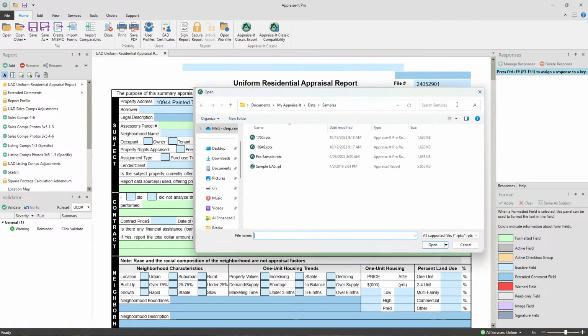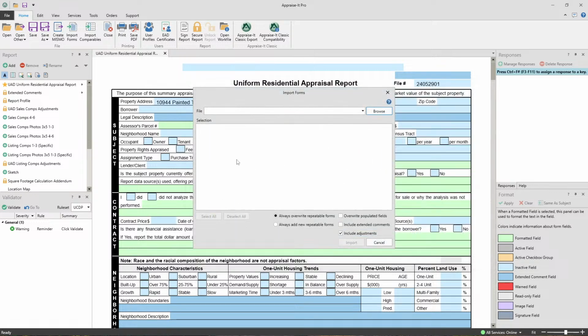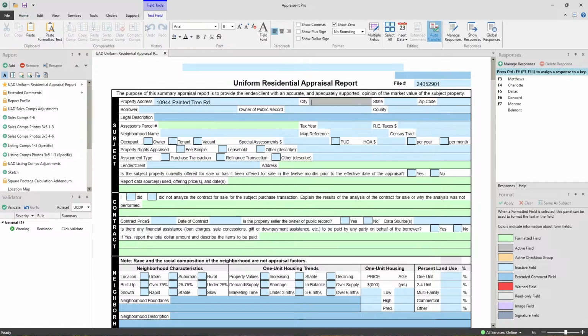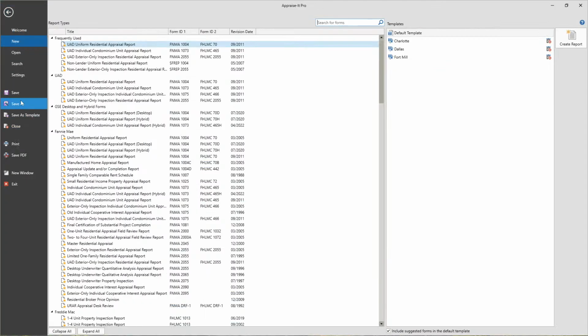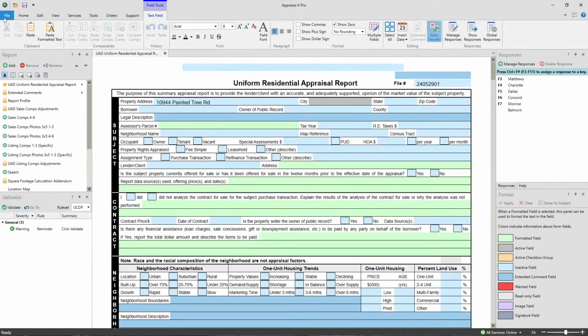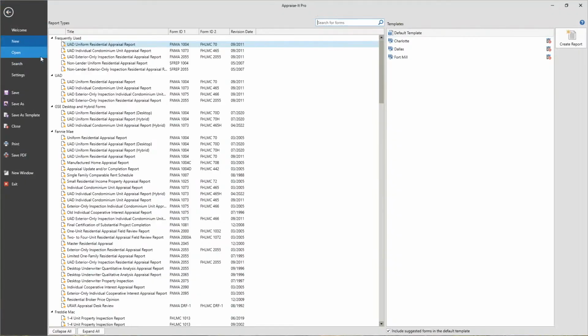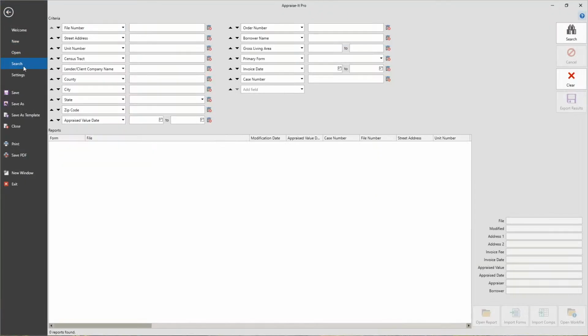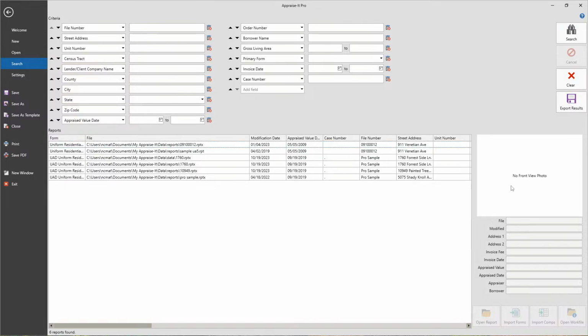browse to find your actual file. And most of your files are probably some cryptic name, and so they're hard to find. So you can actually also do it from the search. So if you come over here, back to the Backstage by clicking the File menu here, come down here to Search, and I'm just going to do a blank search here because I've got a bunch of test reports and stuff like that in here. And if I select Sample UA5,